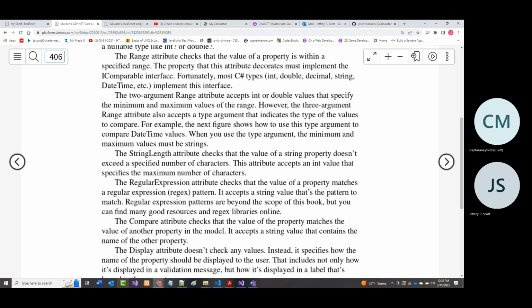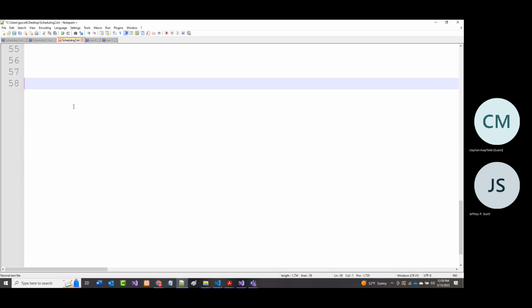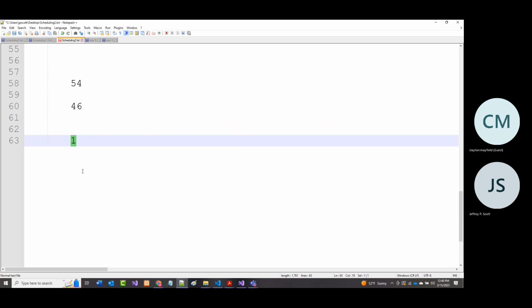To show you this real quick, if you have 2 values, it wouldn't normally be numbers, but let's put them in here so we see this. If I have 54 and I have 46, and I do an IComparable on this, it's actually going to return a 1. So when you compare the first value and the second value, if the first value is bigger than the second value, it returns a 1.